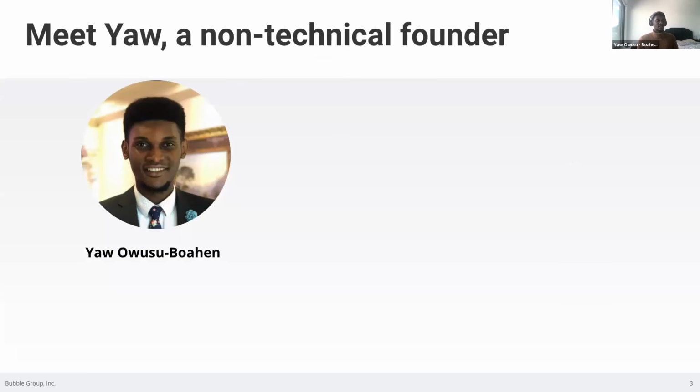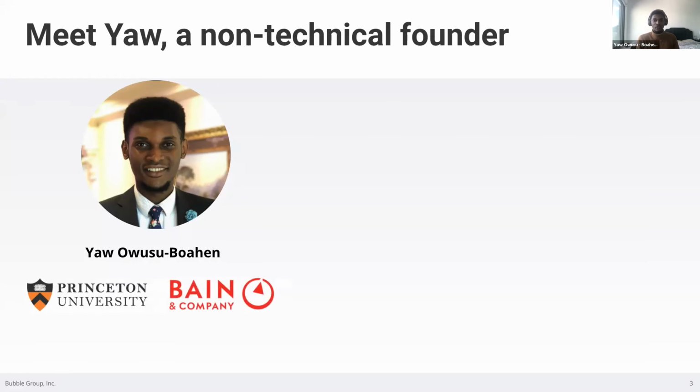So like I mentioned, my name is Yao. Before I joined Bubble, I actually was a non-technical founder myself. So I actually went to Princeton University and I graduated and worked at Bain & Company for a couple of years. While I was there, I've always been a very entrepreneurial person. I really wanted to kind of get my hands dirty and jump in and start a company. And I've always been really passionate about ideas of inclusion and specifically in the future of workspace. So I applied and got into the Antler Accelerator,